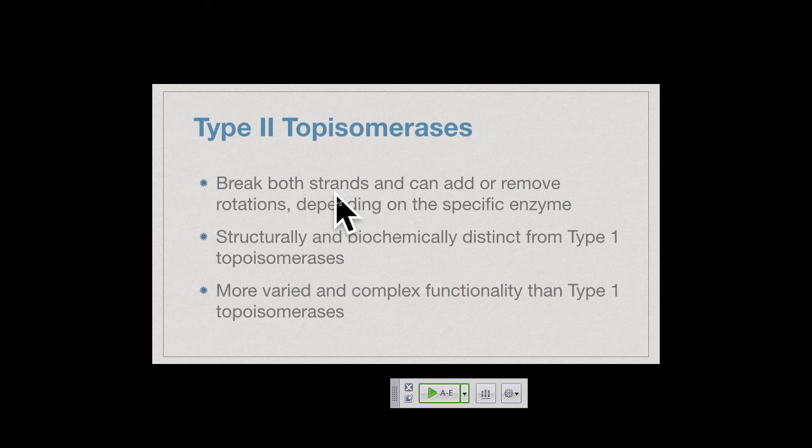Would a mutation in topoisomerase in E. coli probably be lethal? It is. Why is it? When it has to go through that DNA replication, you're basically creating positive supercoils ahead of the duplex. If you can't remove those, the whole system jams up and DNA replication stops. Okay?